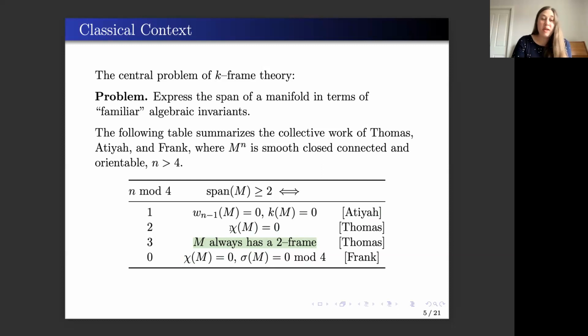And then in the case when n is even, so n is 2 mod 4 and 0 mod 4, we of course require that the Euler characteristic vanishes because of Hopf's theorem. And in the case that n is 0 mod 4, we also require that the signature of the manifold vanishes mod 4. And I also want to explain what this signature thing is, but just to give you an idea